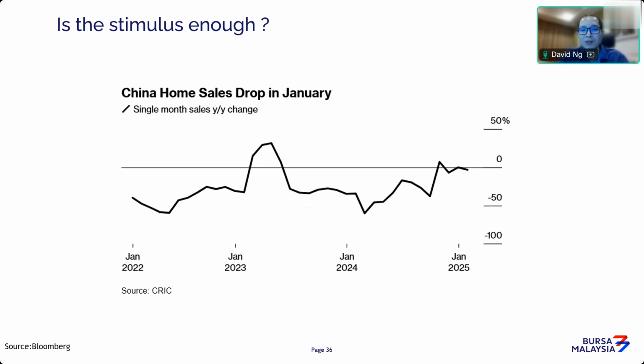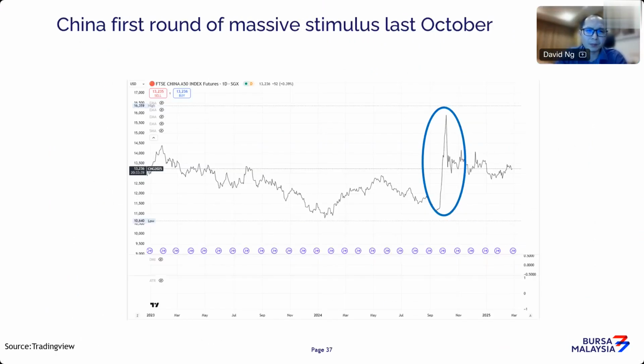So I think stimulus measures are kicking in, but you only tend to see it reflected after a couple of years, or a few quarters minimally. If you just look at the latest numbers, China home sales are still showing weakness. And as long as home sales are not coming up, people don't feel confident enough to spend, and that would be a drag on the economy. So China is not only facing deflation, they're also facing a housing crisis in general.